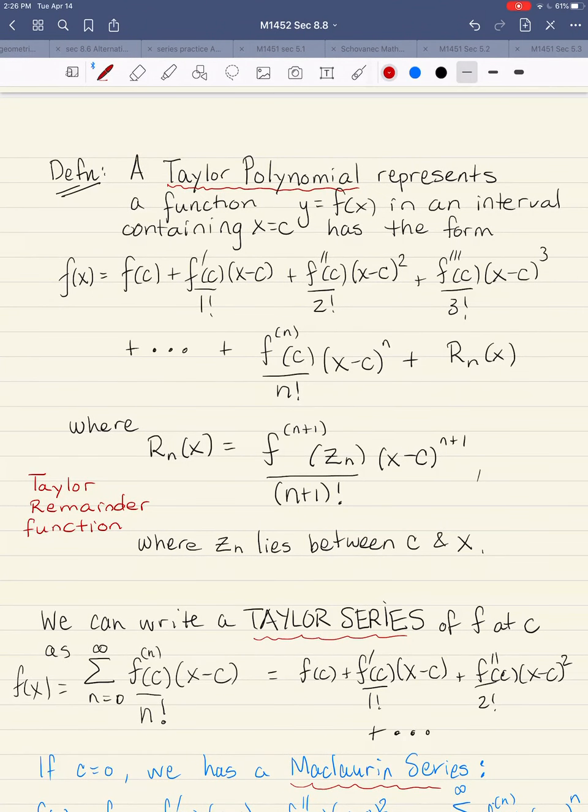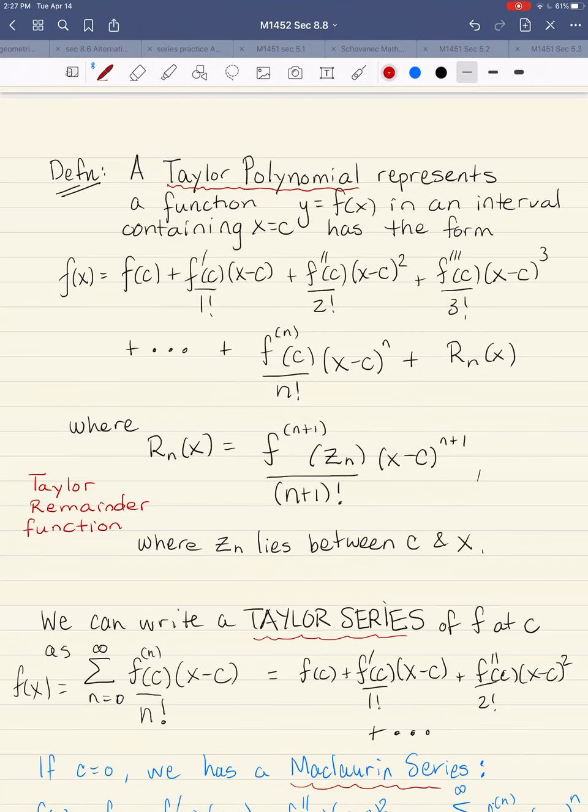And so that gives us this definition of a Taylor polynomial. A Taylor polynomial is a polynomial that represents this infinitely differentiable function y is equal to f of x in an interval containing x is equal to c. It has the form of f of x is f of c plus f prime of c over 1 factorial times x minus c to the first plus f double prime at c over 2 factorial times x minus c squared plus f triple prime of c over 3 factorial times x minus c cubed, and on and on and on,